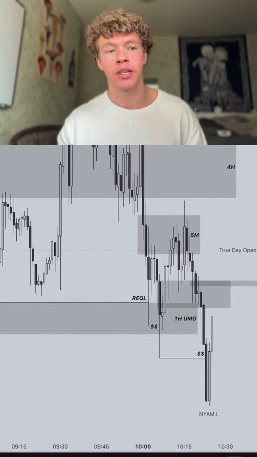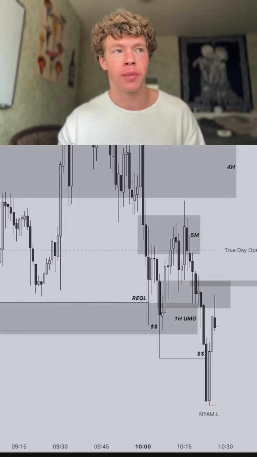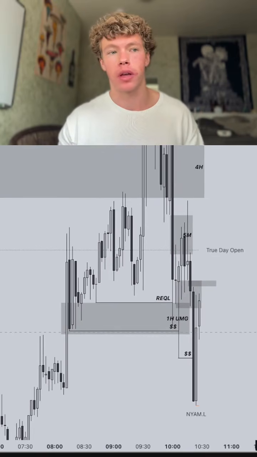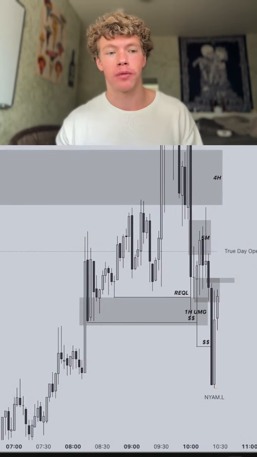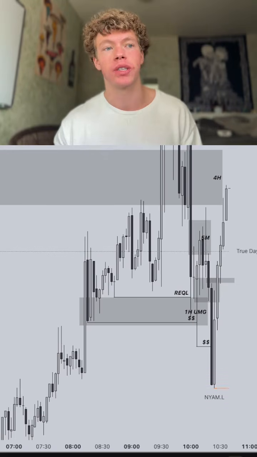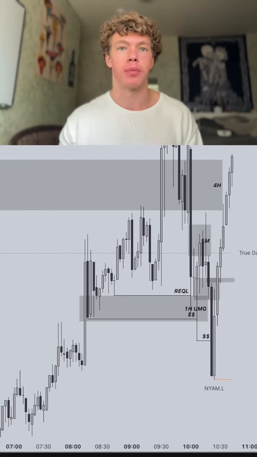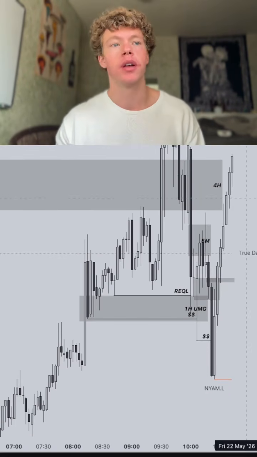And then shortly after, you can see that we end up getting a 1-minute inversion, a 3-minute inversion, and we still have everything going with us. We've really just generated more DOLs above. So right when we get this 3-minute inversion, I ended up taking a position long. As you can see, it ends up running to take profit here. I really just went for low-hanging fruit here, securing a winning day.